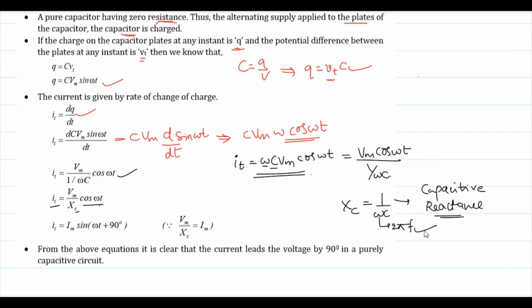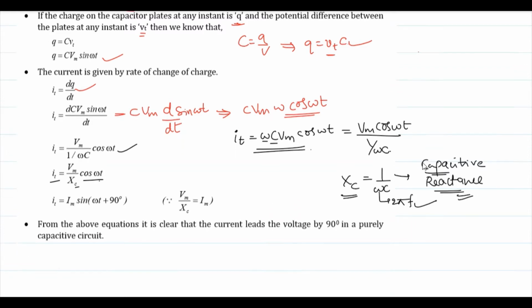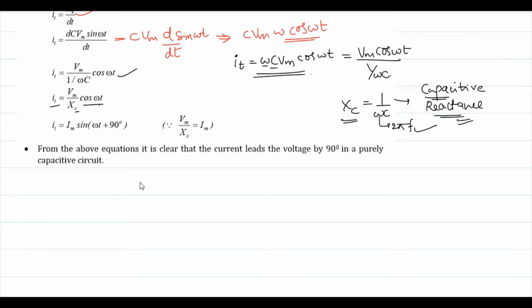As this frequency is a finite one, this capacitor will oppose the flow of AC through it. That's why the opposition offered by the capacitor is called a reactance. So here we define this as Xc. Then, as we already know according to Ohm's law, current is equal to V by R, where R is the resistance.